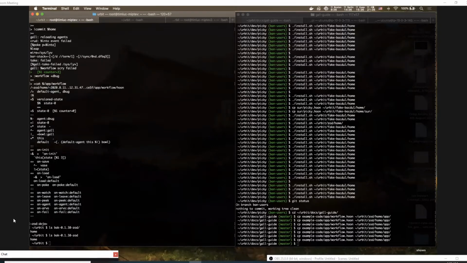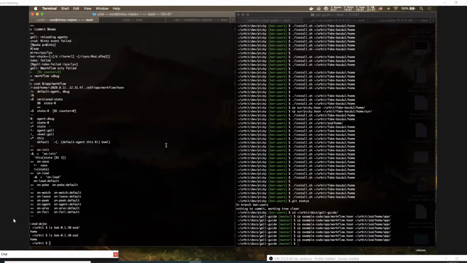Got a question about that. Do you ever find yourself saving another copy of your fake zod during development when you get something mostly working, and then you're going to test something that you think might screw it up? That's a good question. So you're saying maybe I'm in some data state and I don't want to screw it up. Yeah. Answer A, absolutely. Answer B, the situation